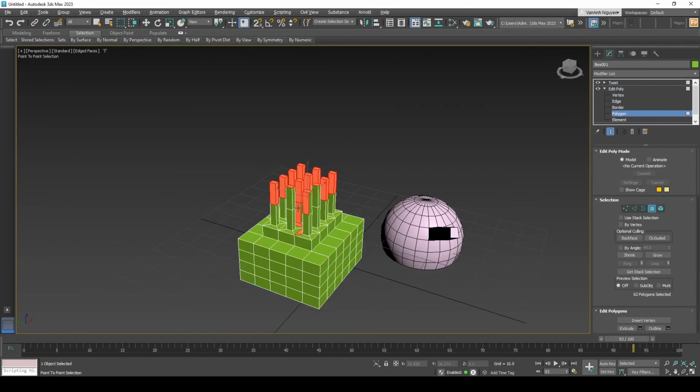So if you want to add more, you can add more surface, and then you can twist it all together. So yeah,